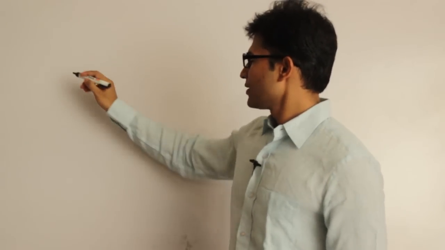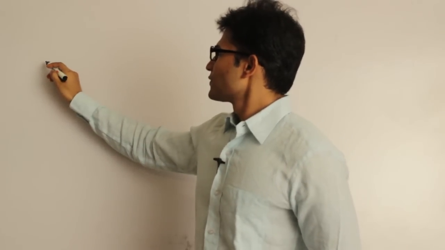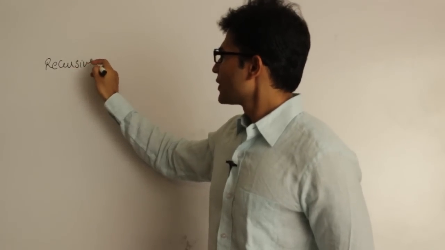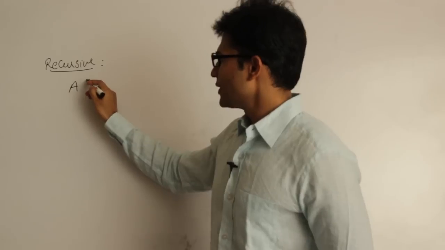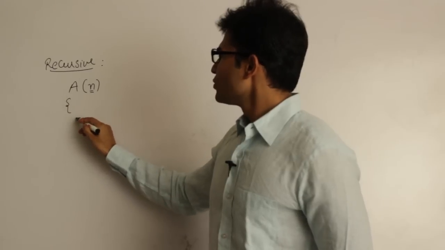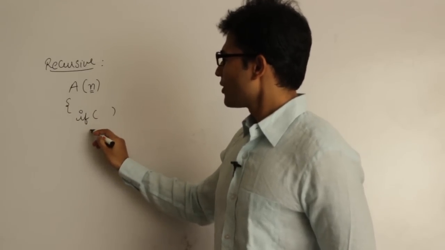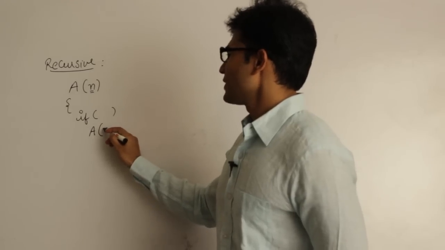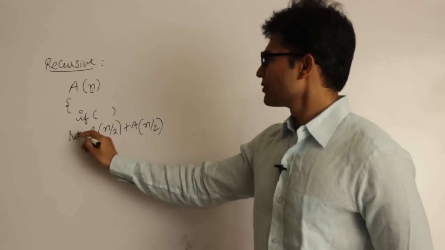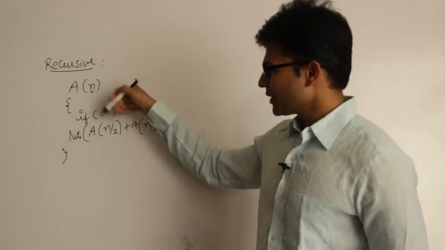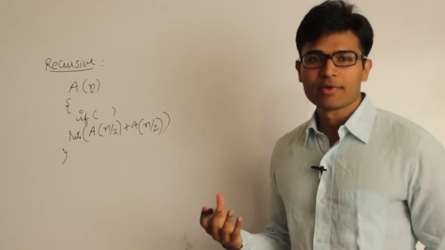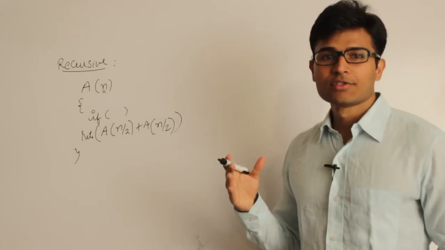So we have seen that there is the other kind of program which is called recursive programs. The recursive model is, if I have a function A and the size of the input is n, in order to solve this problem I'll call the same function again with something like n by 2, and again n by 2. A function calling itself is called recursion, and whenever such a function is given, the way in which you have to analyze the time complexity is very much different from the way we used for iterative functions.